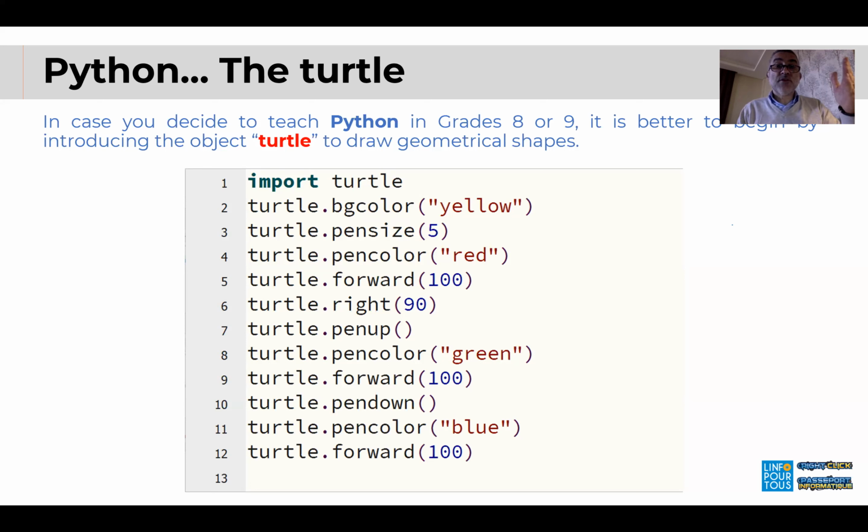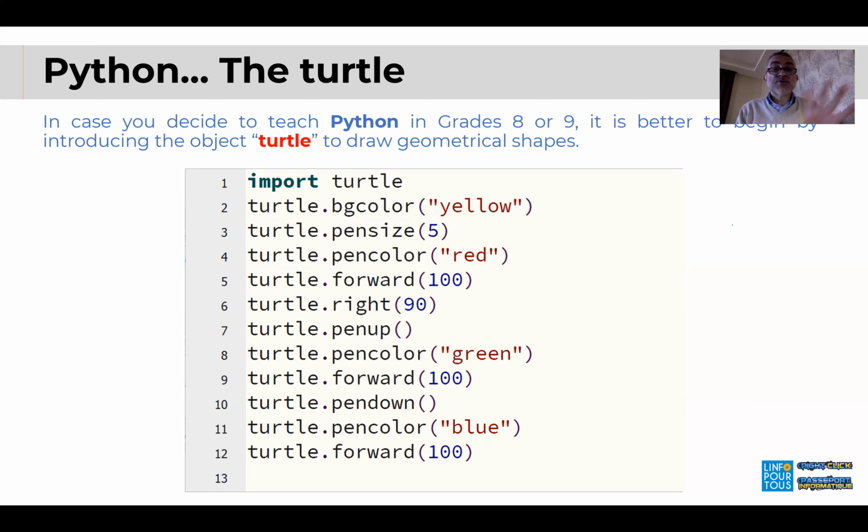We will choose the properties: the BG color to change the color of the background, the pen size to set the width of the pen, the pen color to set the color of the pen, the forward, the right, the pen up, the pen down,